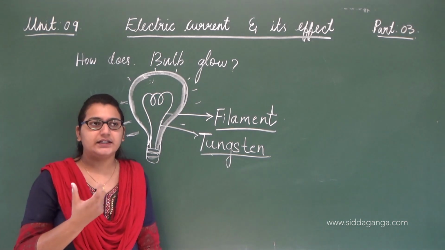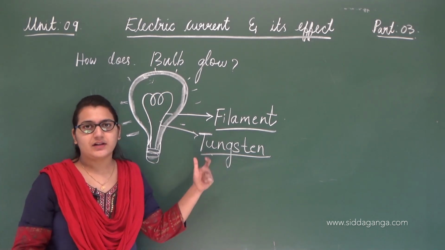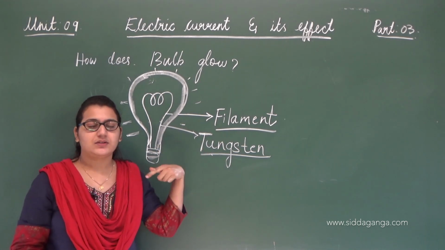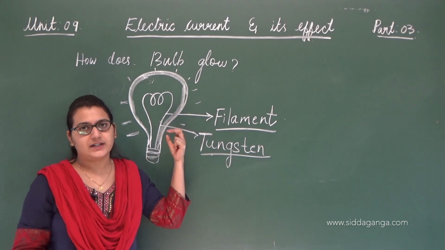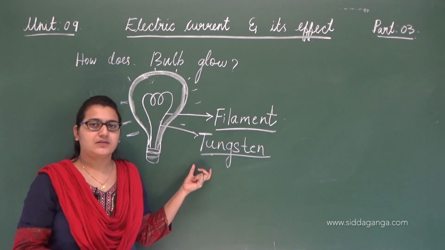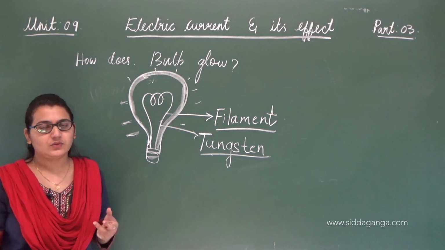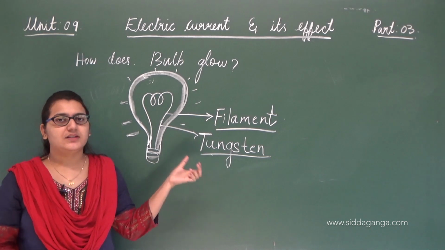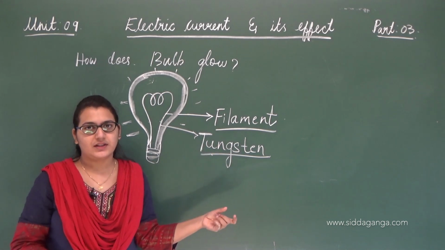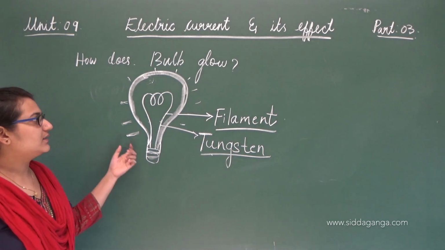We needed a material which has a high melting point, and that is what tungsten has. Normally, when current is provided to the filament, when the light is switched on, electrons flow and the current is produced. At that temperature most metals melt, but tungsten has a high melting point and does not melt. That is the reason tungsten is used. It also does not oxidize easily, it does not react with oxygen that easily. These are the reasons we use tungsten inside the bulb.